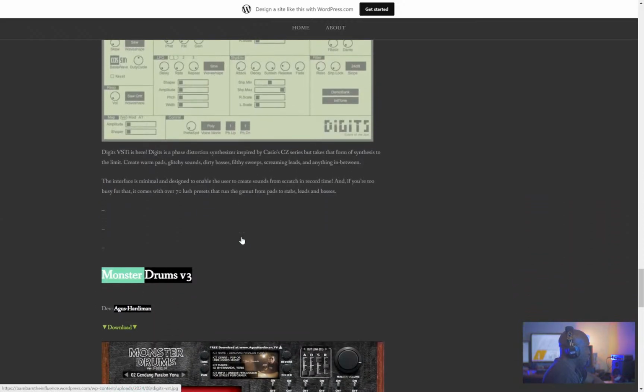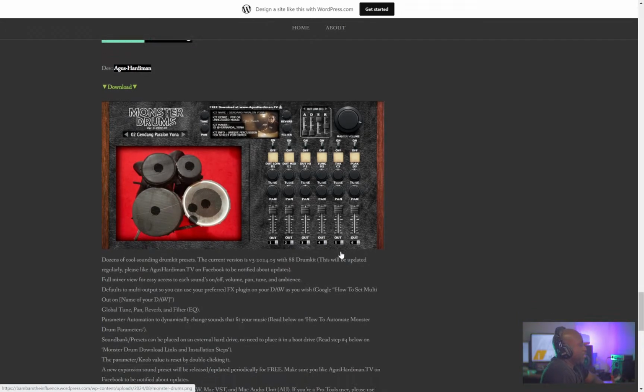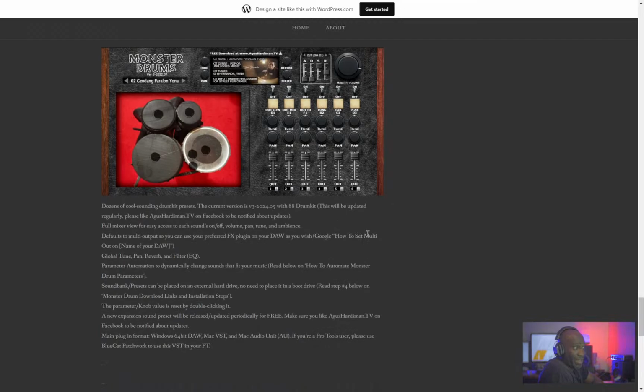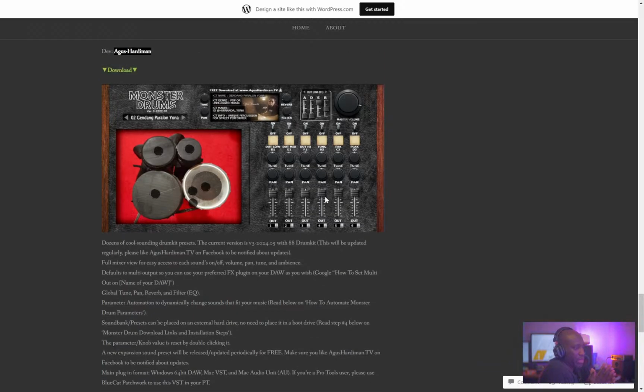So last up we have Monster Drums version 3. Now this is a big one. This comes with 88 different kits at the moment for version 3. They said they'll be updating more, so soon there are going to be more kits. When I first discovered this and started using it, it had nowhere near this many kits. So this one is for the most part